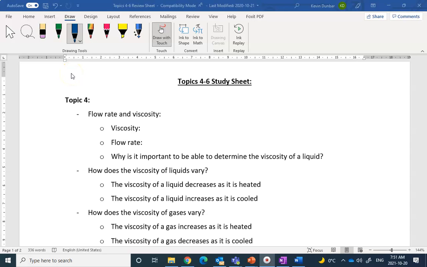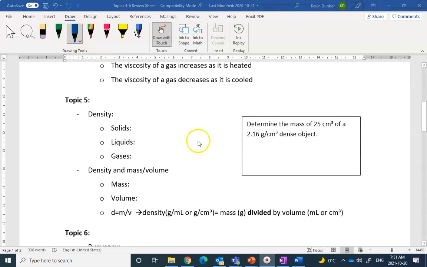Alright, so we're taking a look at this topic 46 study sheet, some things that we need to know. Many of these things are informational, but we do have some math things, and I do want to go over those math things within this particular lesson. The first one says, determine the mass of a 25 centimeter cubed object of